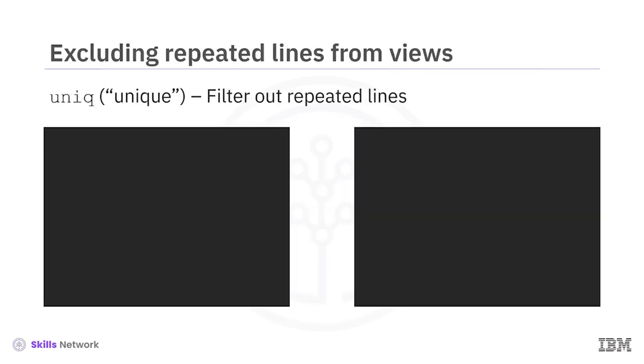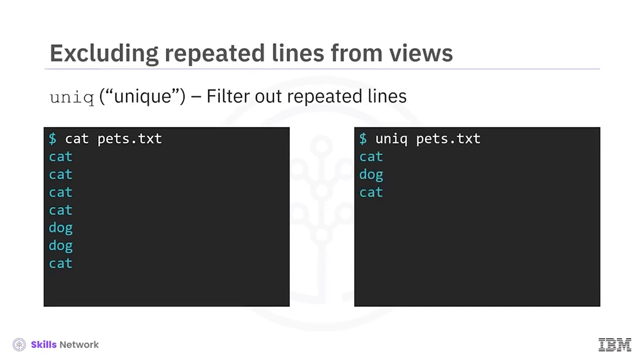If you have repeated lines in your file, you can use the uniq command to filter out the repeated lines. Recall the contents of pets.txt by entering cat pets.txt. By entering uniq pets.txt, you get back cat, dog, and cat. Note that the uniq command only removes duplicated lines if they are consecutive. Thus, the word cat appears twice here because cat appears before and after the 2 dog lines, interrupting the consecutive